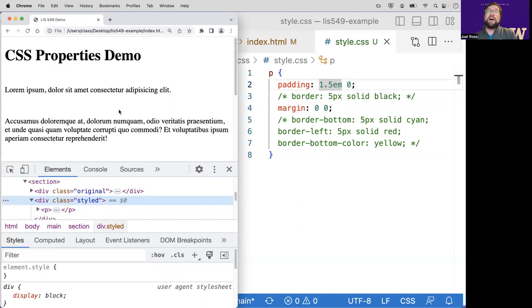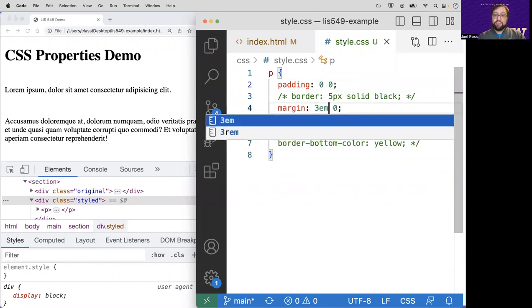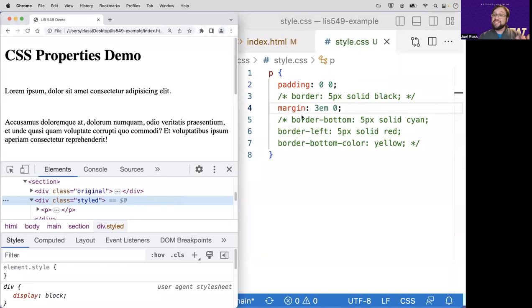So often when people are thinking about margin and padding, there's a question about, well, which do I want to use? If I want to add some white space between my elements, am I trying to add some margin or am I trying to add some padding? And as you notice, depending on which you use and how much you use, you might get the same effect. It may actually not matter. You might get the same appearance no matter if you use margin or if you use padding. But there are differences between them, right? Remember that they're at different parts of my boxes. So while the difference between doing 1 EM of padding, 0 padding, and 3 EMs of margin creates no difference in this effect,